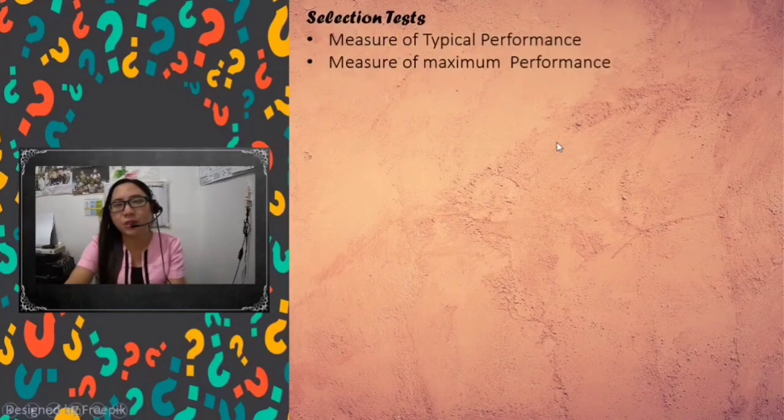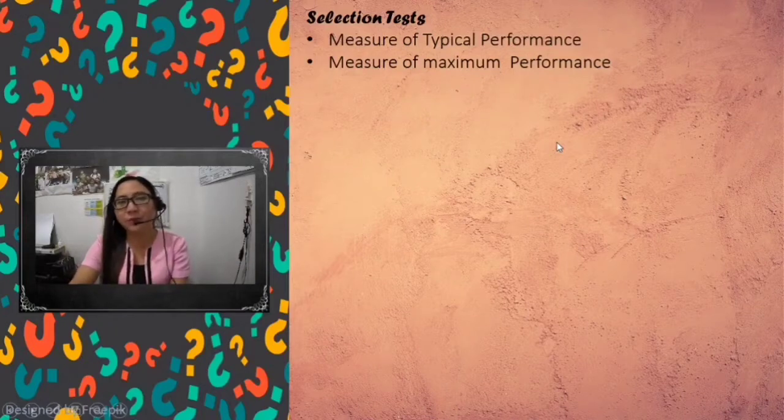Test selection can be divided into two broad categories. The first one is measure of typical performance, and the second one is measure of maximum performance. The measure of typical performance, such as personality inventory tests that do not have a right or wrong answer, and measure of maximum performance that measures how well people do things, how much they know, and the level of their